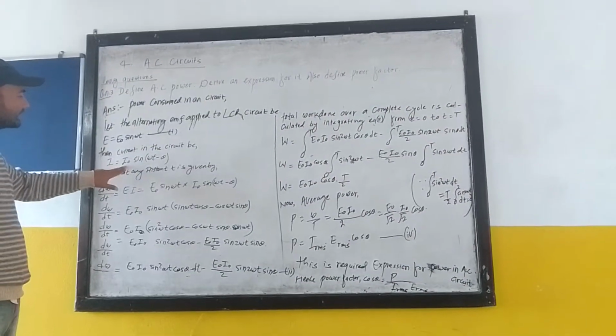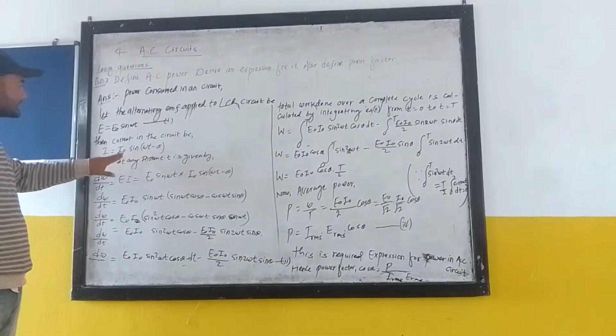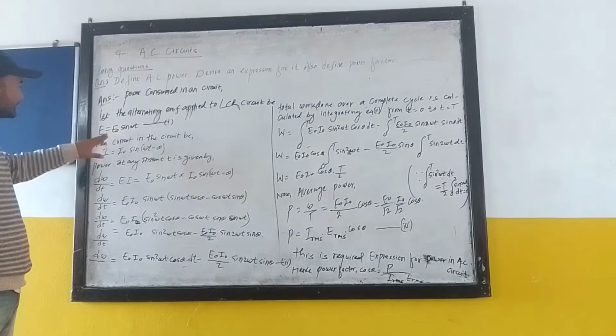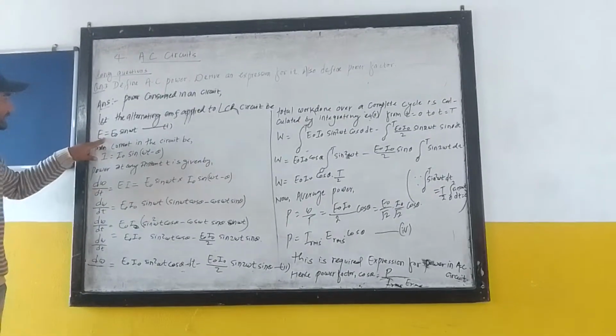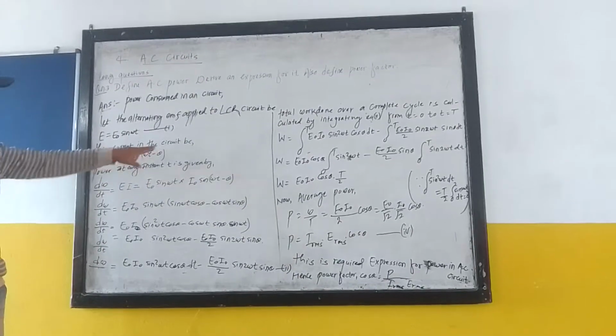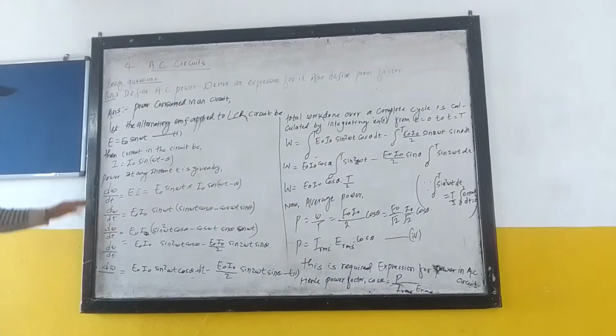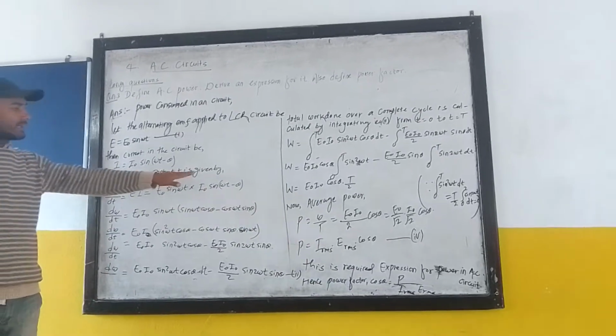Suppose I equal to I naught sin(omega t minus theta). This is the expression as it is. This is the expression of EMF in the LCR circuit, and this one is the current in the circuit, I equal to I naught sin(omega t minus theta). And the power at any instant of time t is given by